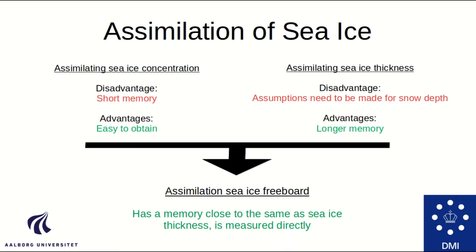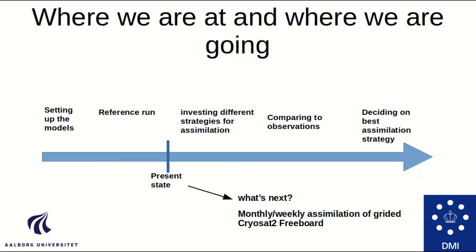Assimilating freeboard directly has the advantage of having a longer memory, and since the ice model is already calculating the ratio between the snow and the ice, we can directly put it into the model and use it for our assimilation. I want to give you a short overview of what we are planning to do